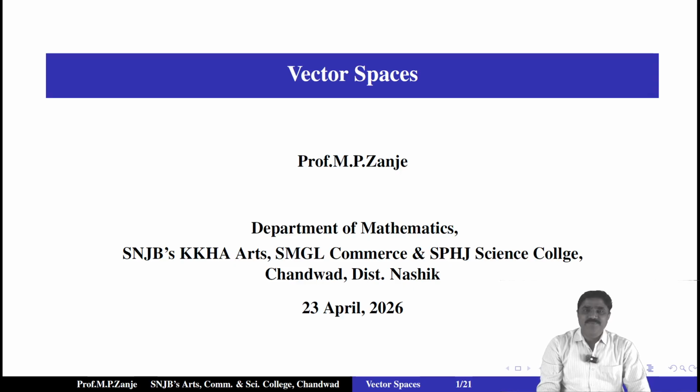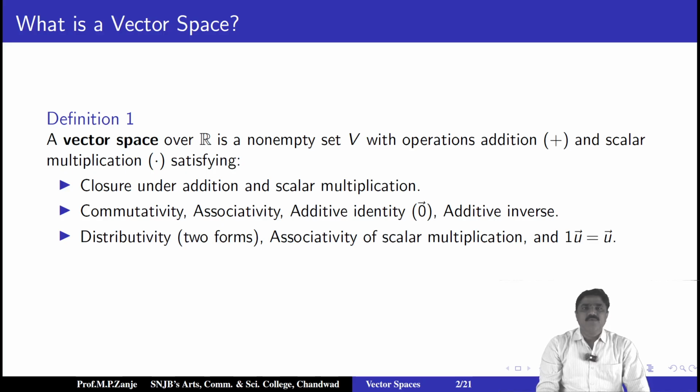Today we have to see one of the important topics of linear algebra, that is vector space. Now what is vector space? A vector space over R is a non-empty set with operations addition and scalar multiplication, satisfying closure under addition and scalar multiplication, commutativity, associativity, additive identity, additive inverse, distributive in two forms, associativity of scalar multiplication, and that 1 into u bar is equal